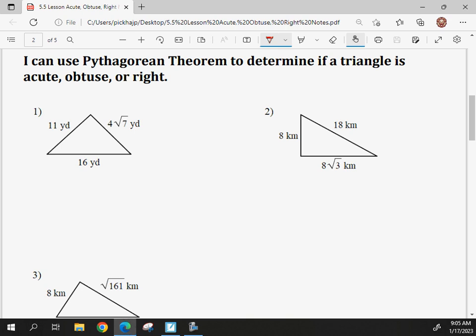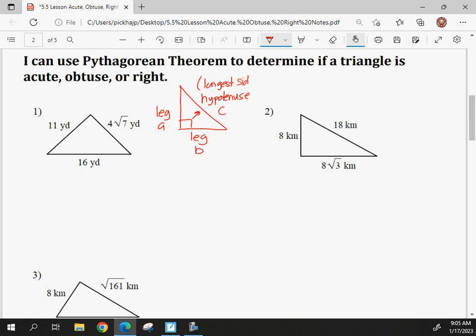And if we have a right triangle, the side across from the right angle we call the hypotenuse. And when we are using the Pythagorean theorem, we give it the letter C. And then these other two sides we call legs of a right triangle, and we give them the letters A and B. It doesn't matter which one is A and which one is B. But the hypotenuse is always the longest side,